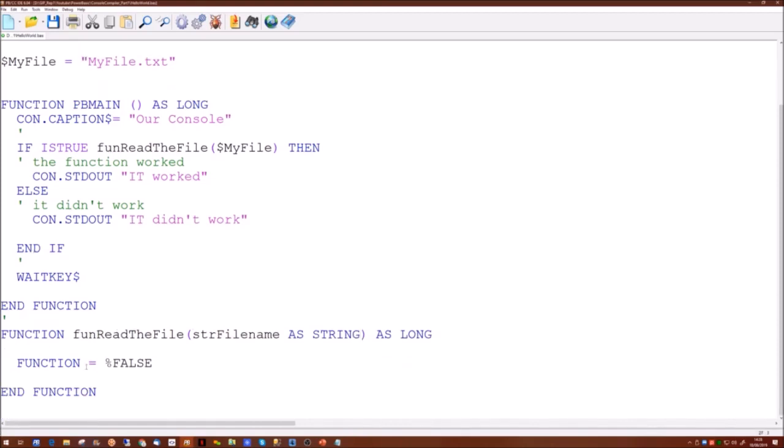So in our function, the very first thing you want to do is test to see if the file exists. If the file doesn't exist, then obviously you will return a false. That's better.